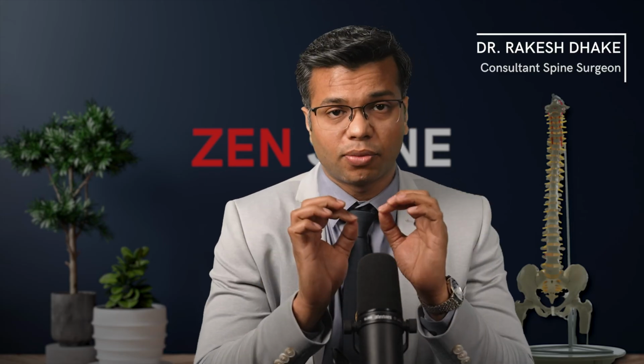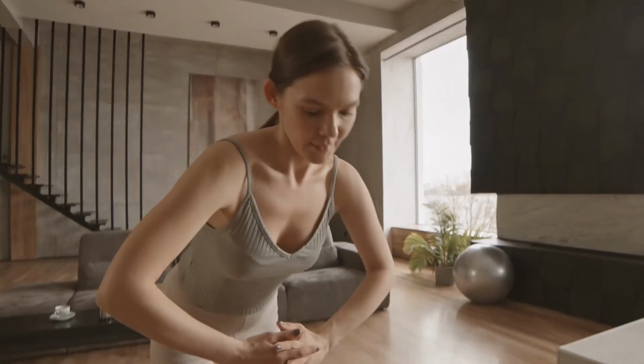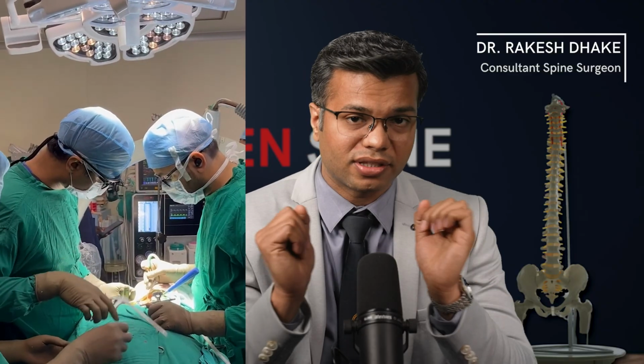If someone is advised to undergo spinal fusion surgery, will they lose the flexibility in their spine? Will they be able to bend like the way they did before? It is a very sensible question to have if you are going to undergo spinal fusion surgery or you have